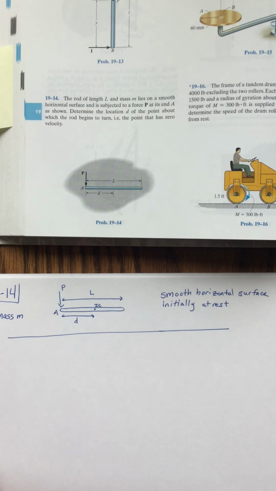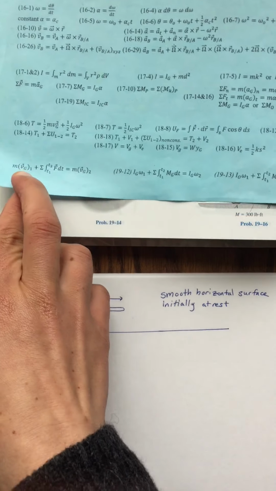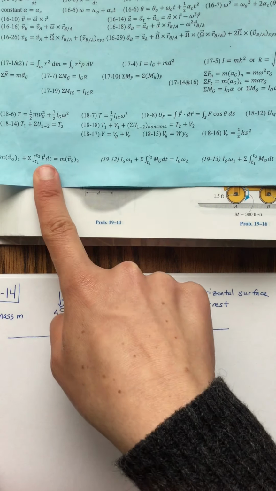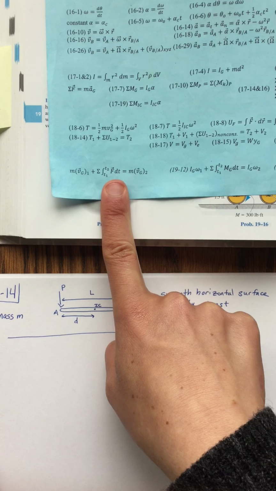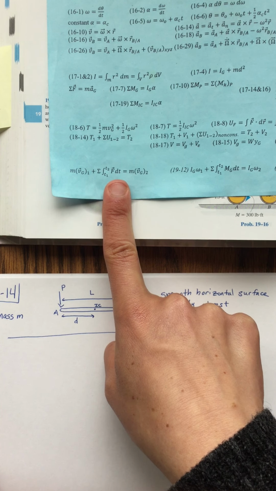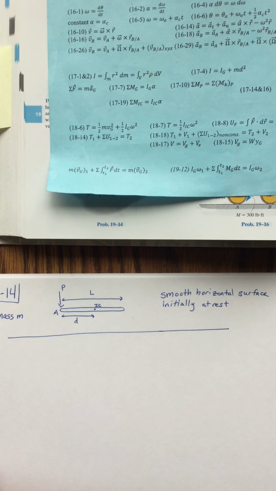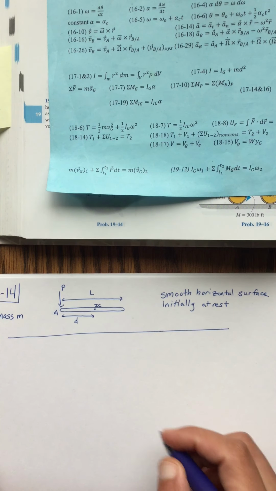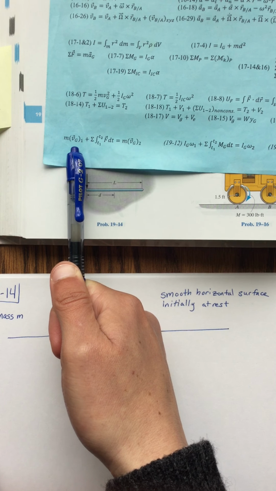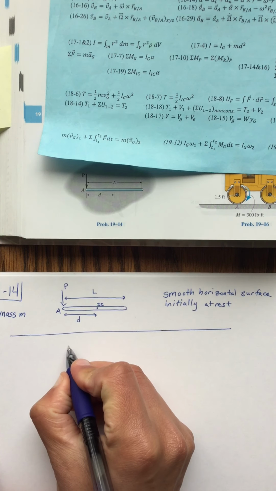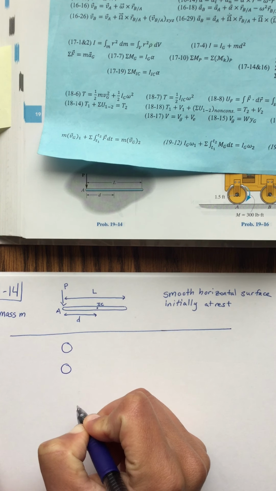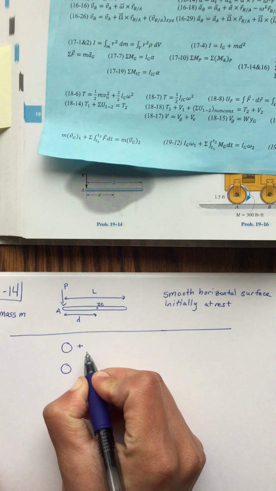Okay, so we have three equations which we can use here from our equation sheet. So we have this equation here, which we can use for the x components and for the y components. So I was counting that as two equations. Because the rod is initially at rest, the initial velocity is 0. So for the x components, it's 0. For the y components, it's also 0. Plus,